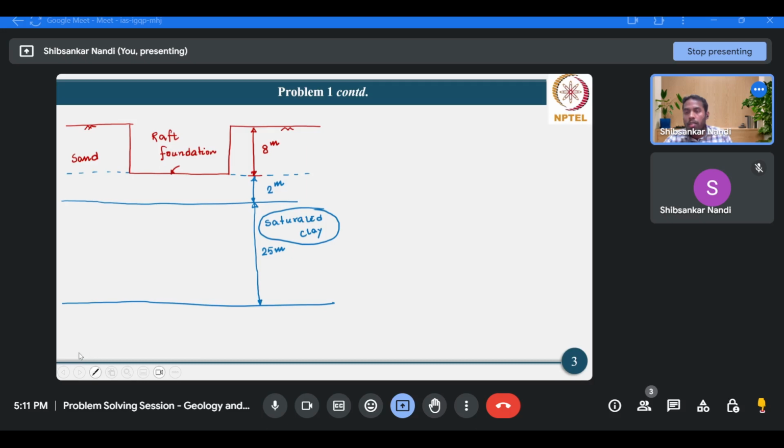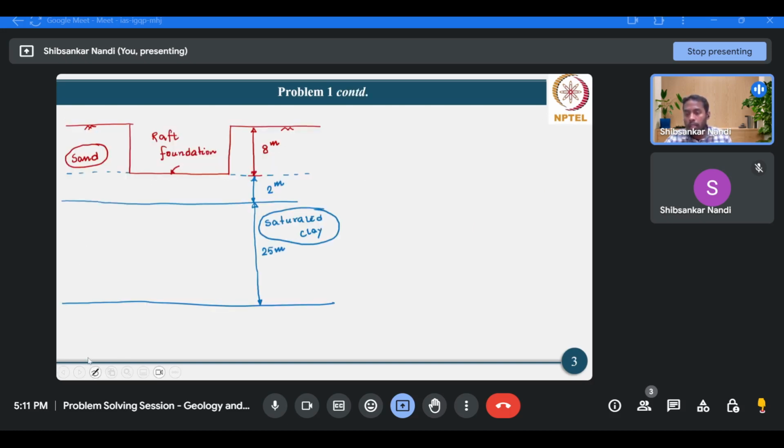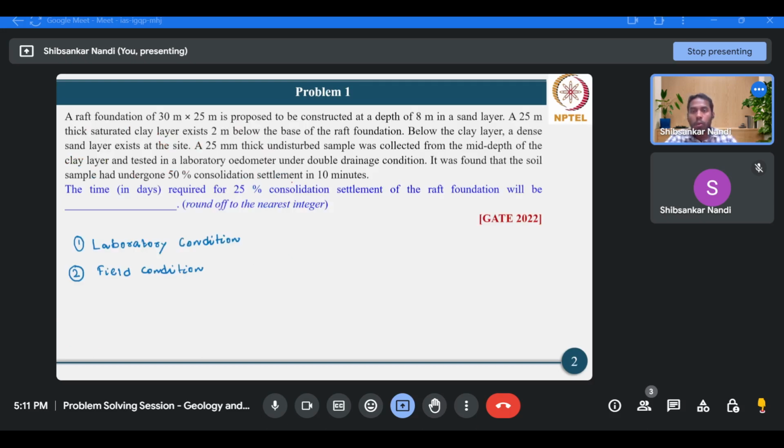And this is your sand. Now below the clay layer, a dense sand layer exists at the side. So below this saturated clay, there is one more layer, and that is dense sand. So this is your dense sand. Okay. Now with this soil stratigraphy, or with this soil layering, a 25 thick undisturbed sample was collected from the